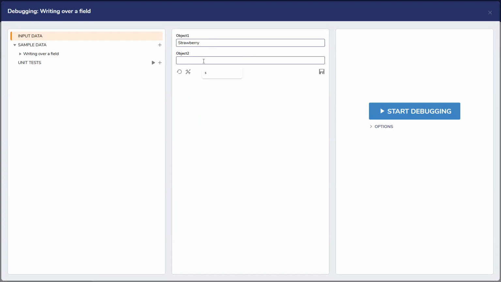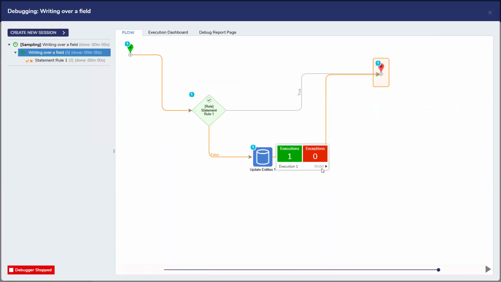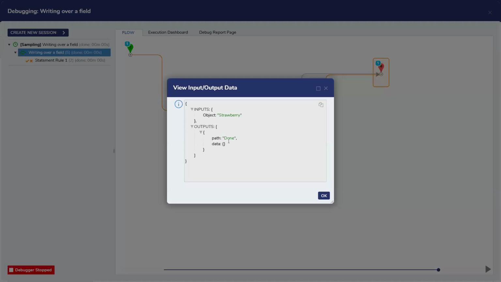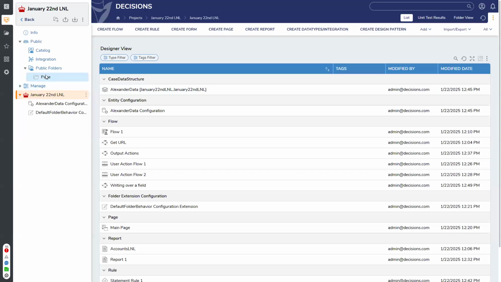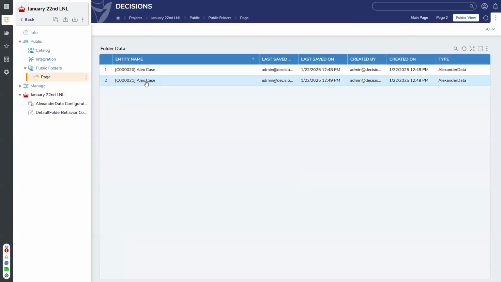And then this will be vanilla. Vanilla will not match strawberry. All right, start debugging. It's going to go down here and run this, and then it takes strawberry as the input and is going to update all the entity fields with that strawberry. So now if we go back over to our case entities, we should see